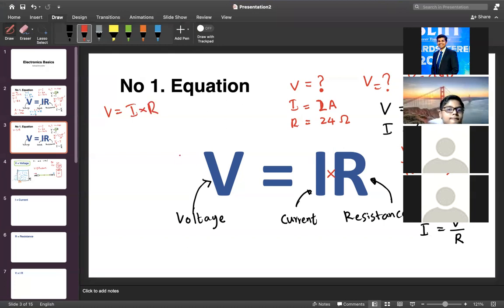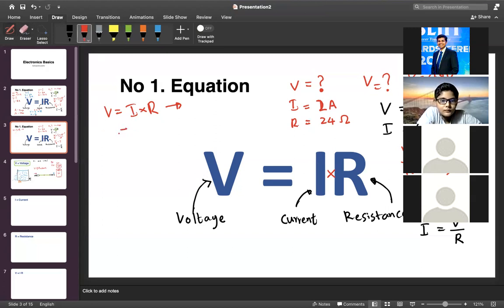Right, so let's say now we think this voltage equals current multiplied by R, right? Now what if I want to find current? Current is equal to what? Right, so it's like this. Okay, so this is an equation. So in equations, you will learn more later. Okay? This is a very simple equation. In equations, whatever you do to the left side, you have to do to the right side as well, right?